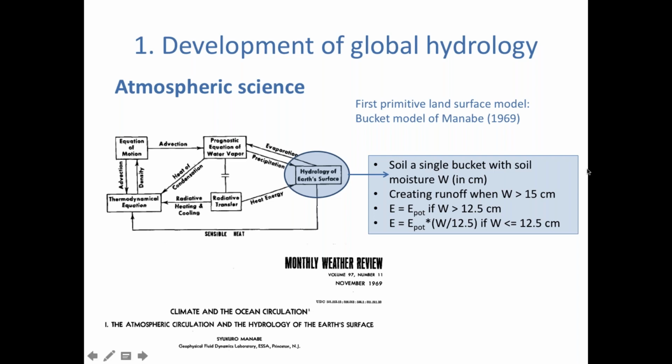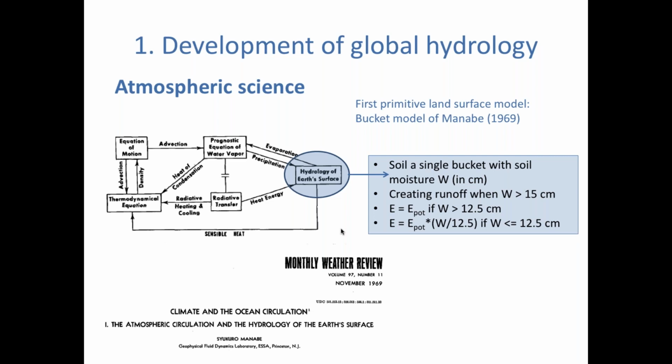This model was really simple. It is what is now lovingly called the bucket model of Manabe, and it is basically a soil moisture store that creates runoff whenever it's full. He took a value of 15 centimeters for its storage, and if it's larger than 12.5 centimeters, you have potential evapotranspiration. There's no reduction of atmospherically driven evaporation, and below that it's linearly reduced to zero depending on how much smaller it is than this 12.5 centimeters. A simpler soil model cannot be thought of,